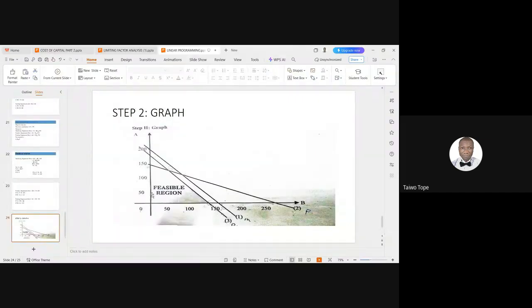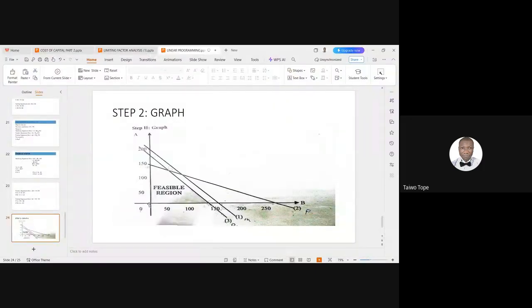So you can have a scaling of 50, 100, 150, 200, 250, 300, like that, on the A axis. On the B axis, 50, 100, 150, 200, 250, 300, 350, like that. Now, looking at what you have in your book, at this point of intersection, this is the origin of this graph. So now, from your question, from your solution,